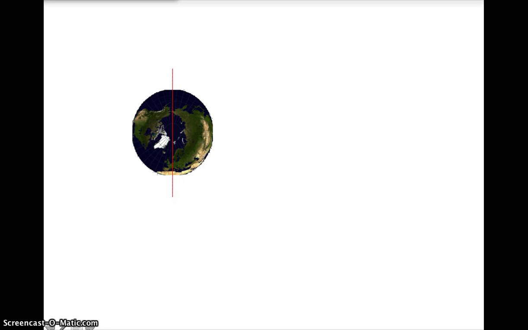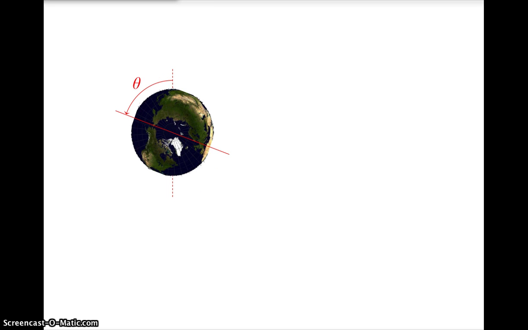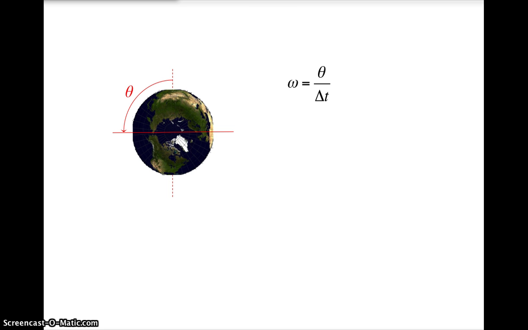The Earth is spinning about its axis. Here's the Earth viewed from the North Pole. As time passes, it rotates through a larger and larger angle. To describe how quickly this occurs, we use speed. The speed is just how much it rotates in radians divided by how long it took for that rotation to